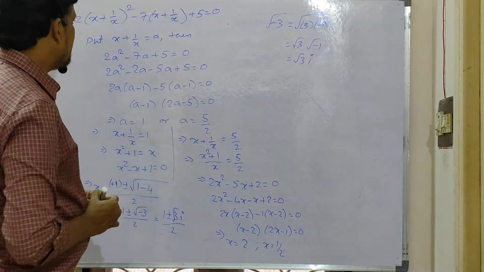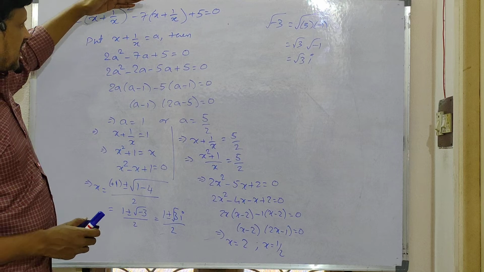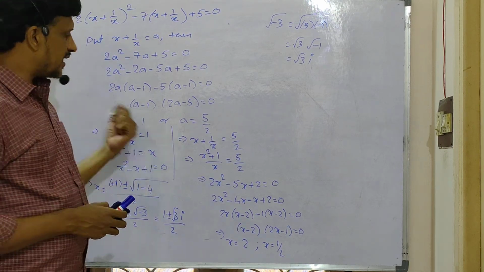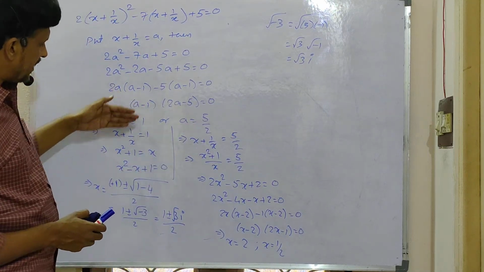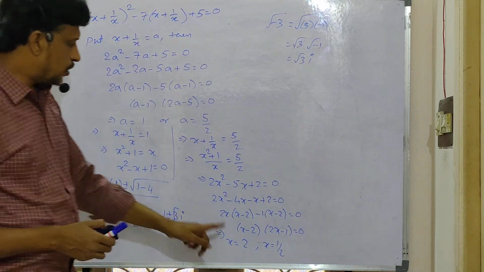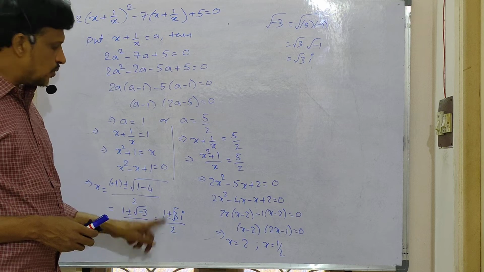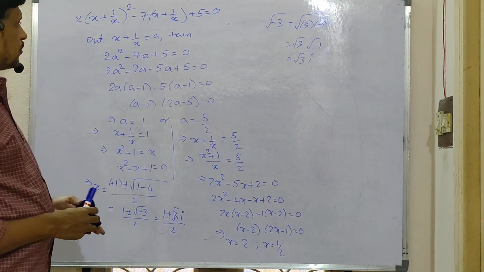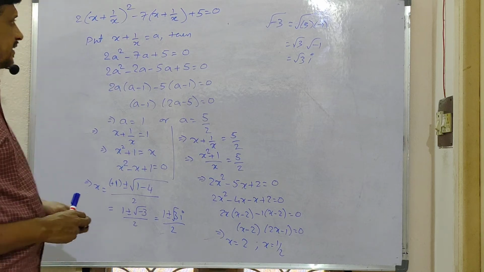So you can observe one thing here. The given equation is in the form of a quadratic equation in A. So corresponding to A you are getting two values, and corresponding to each value of A you are getting two values for x. Here 2 and 1 by 2 are the real roots, and 1 plus root 3 i by 2, 1 minus root 3 i by 2 are the imaginary roots. So 2 real and 2 imaginary roots, total 4 roots you are getting here.